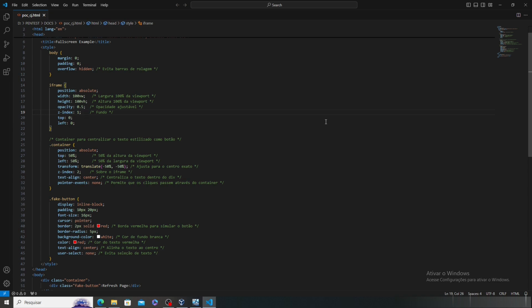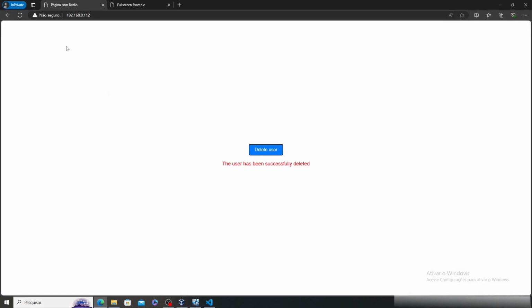This is really simple. Let's see how it looks. In another tab we have this open. There is a fake button like we showed before, and if you click here we are deleting the user, right? The original page is inserted in this fake web application, and we click here on refresh page, and this button doesn't do anything, but behind this we have the delete user button from the original page, and we delete the user. And that's what the attacker is expecting from the victim, but this button is visible, so let's